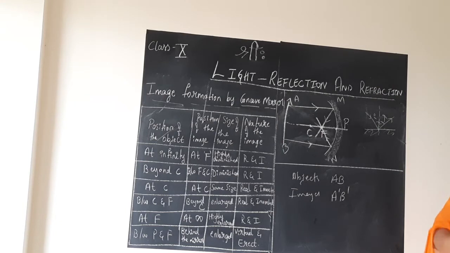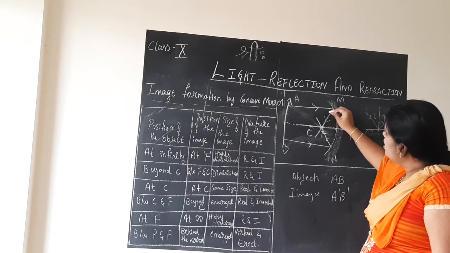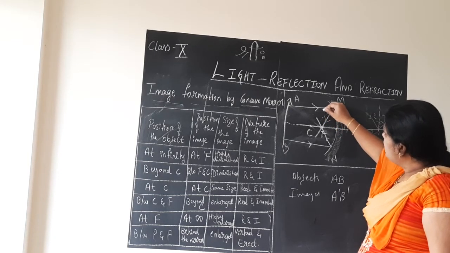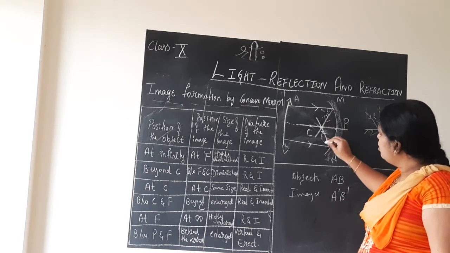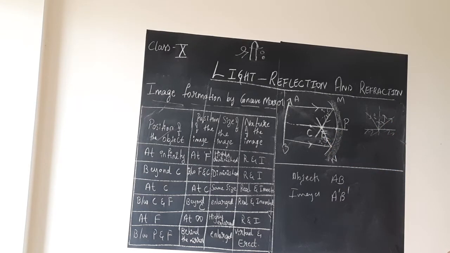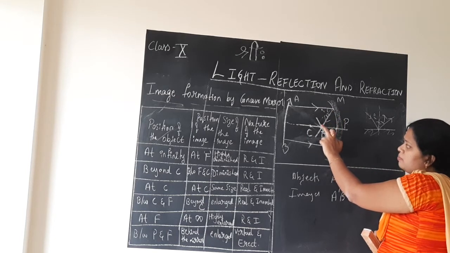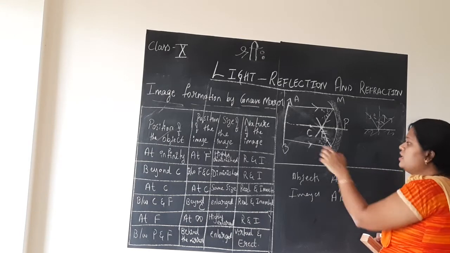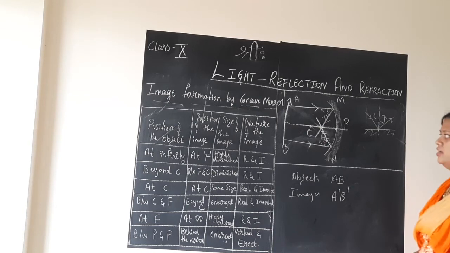We used to show the angle of incidence and the angle of reflection. If you want to draw it like this, you can see in your textbook that a dotted line is given. This is the angle of incidence, this is the angle of reflection. Okay. So, now these 2 reflected rays, if you observe, they are meeting at the principal focus of the mirror, isn't it? The reflected rays are meeting at the principal focus of the mirror.